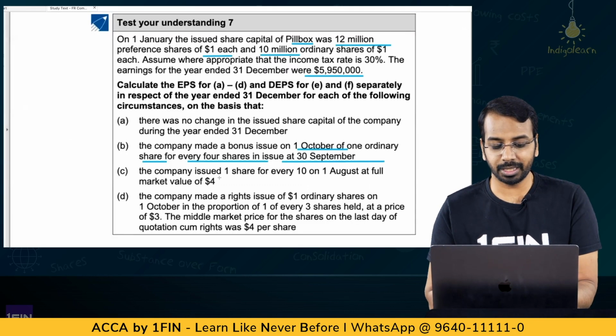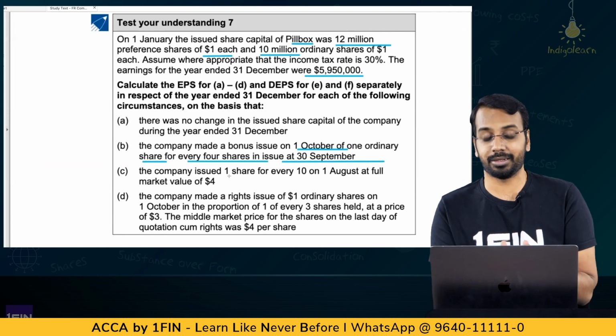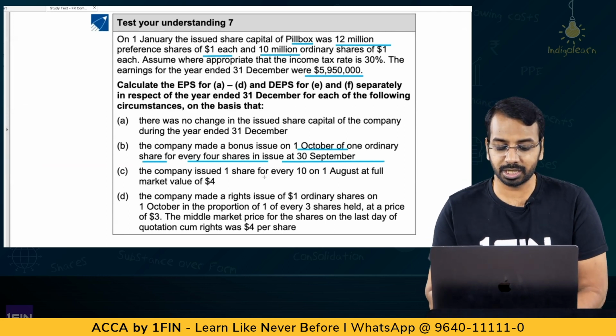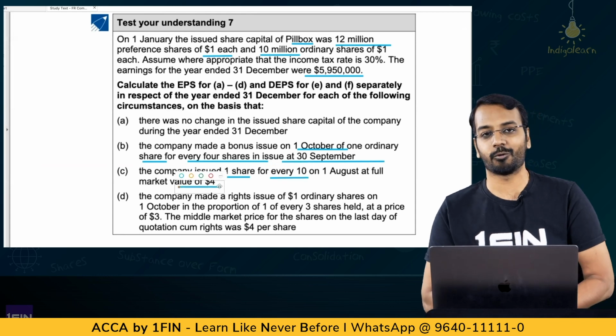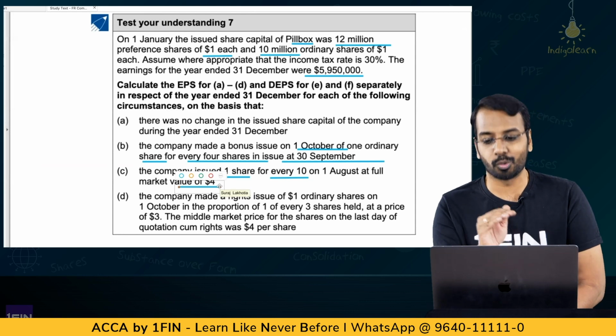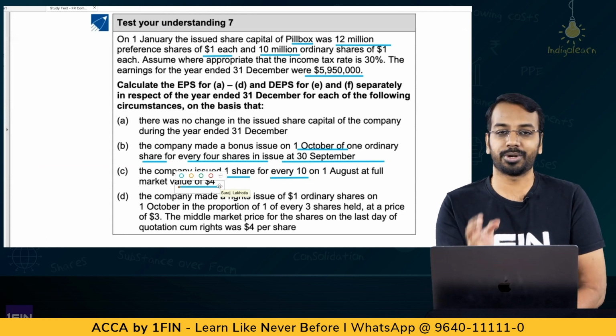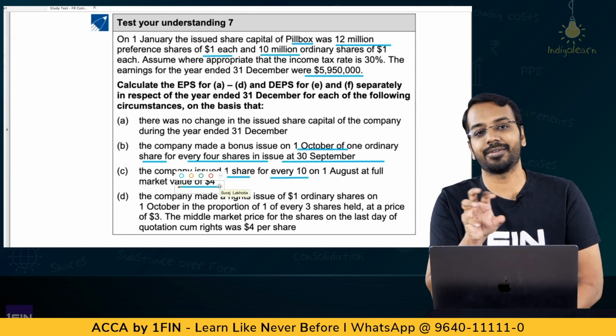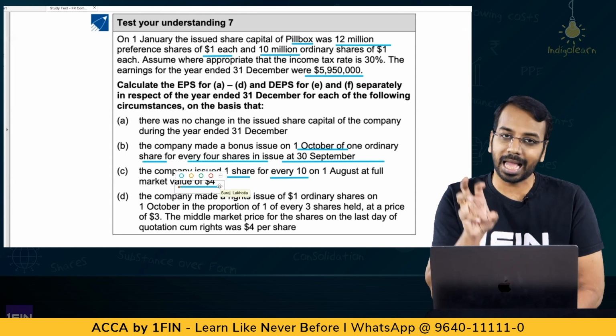Then, see, each of these cases is separate. The company issued 1 share for every 10 on August at full market value of $4. If they have issued shares at full market value, then there is no bonus component. If there is no bonus component, you just need to take the weighted average number of shares outstanding and calculate